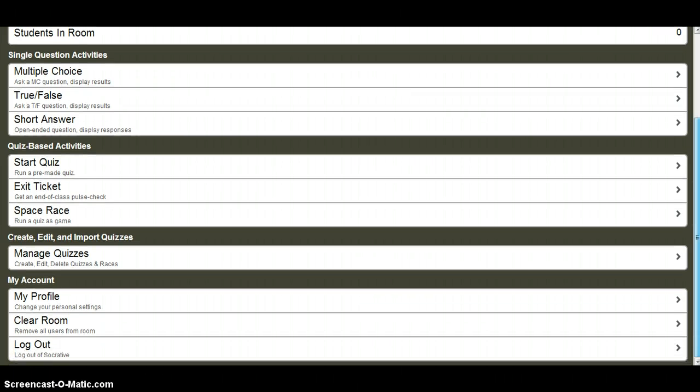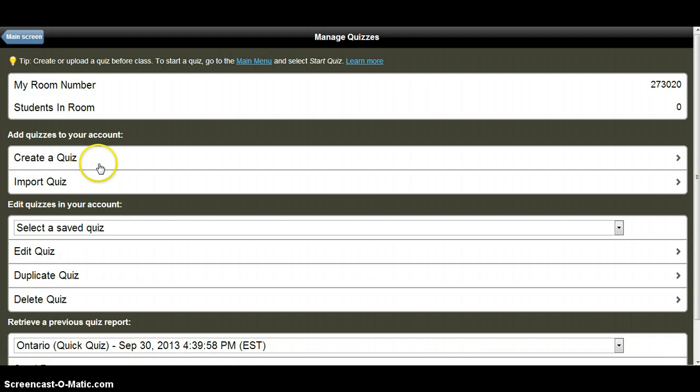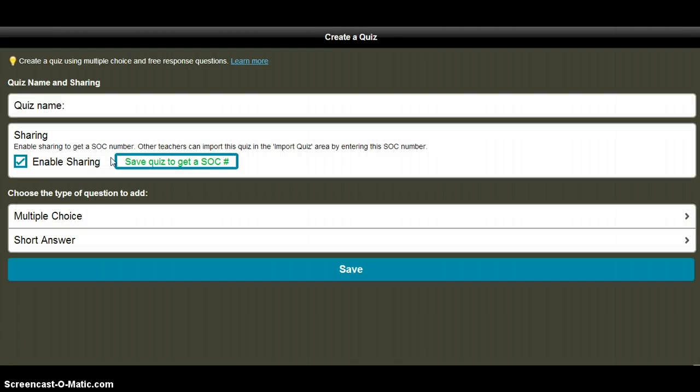So to create a quiz, you go down the page to create, edit, and import quizzes and click on that. And it brings you to this page, which you can create or edit past quizzes that you've done. Here's an import button where you can import quizzes that you have. I believe it said you could use Microsoft Excel to do them, but anyway, so you click create a quiz. So it'll ask you to name the quiz. So I'm just going to name this Canada